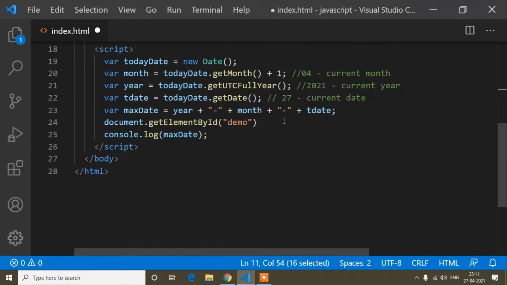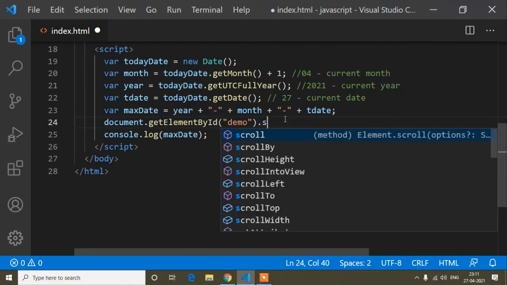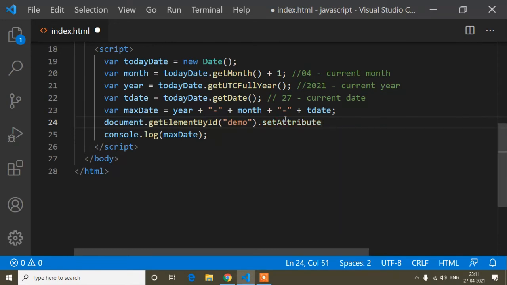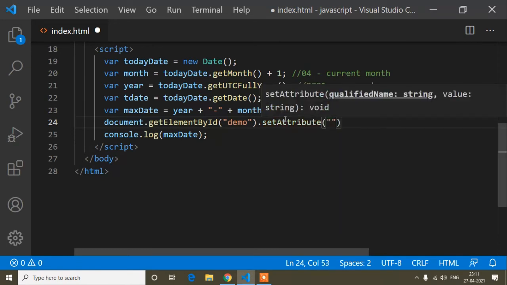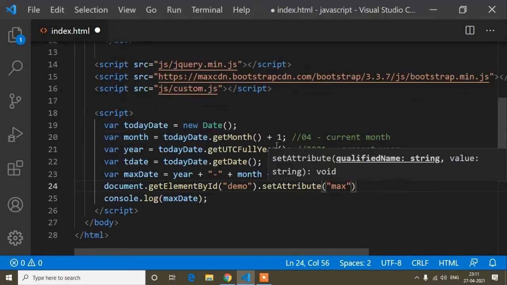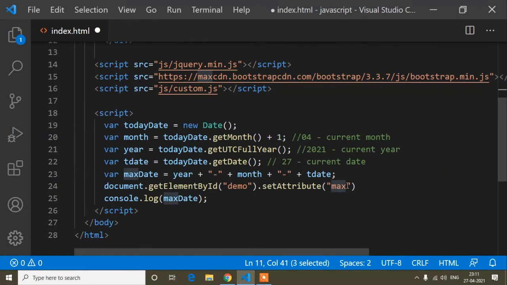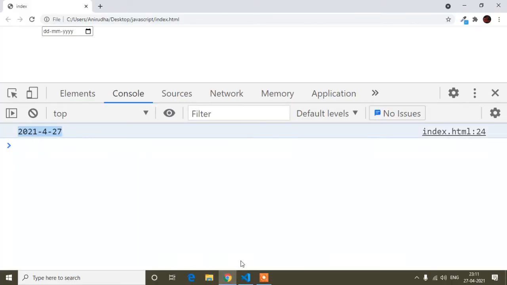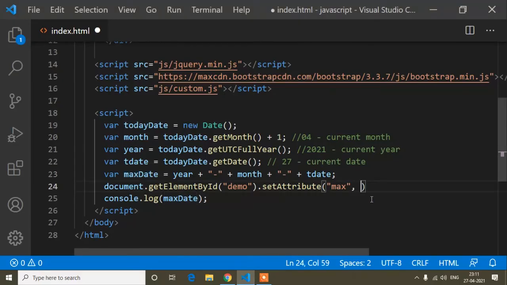So how to set an attribute dynamically in JavaScript? We write set attribute parenthesis, and inside the parenthesis the attribute name. So our attribute name is max, this one, and comma, and what I want to set is the max date, because inside this max date variable I'm getting the format which I need. So now this way.